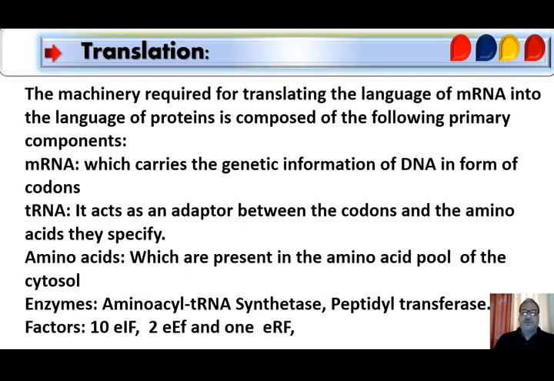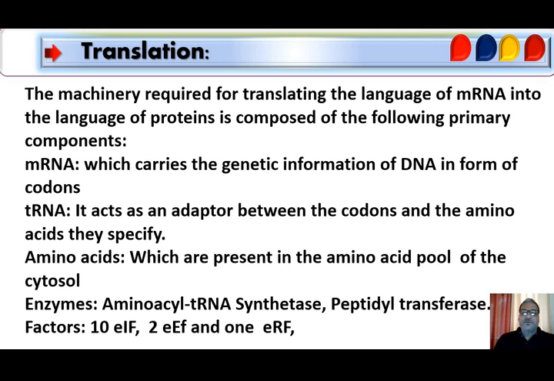Translation is a process in which the protein is synthesized from the information contained in the molecule of messenger RNA. It is defined as the process by which the sequence of nucleotides in mRNA molecule directs the incorporation of amino acids into proteins. The machinery required for translating the language of mRNA into the language of protein is composed of